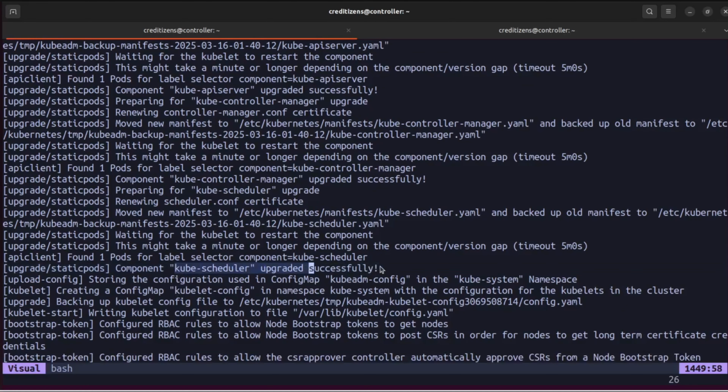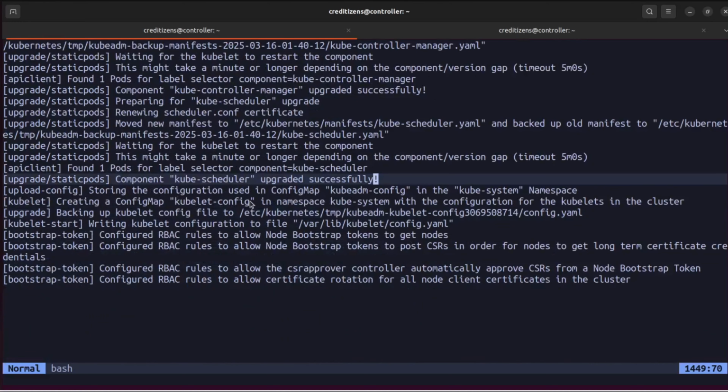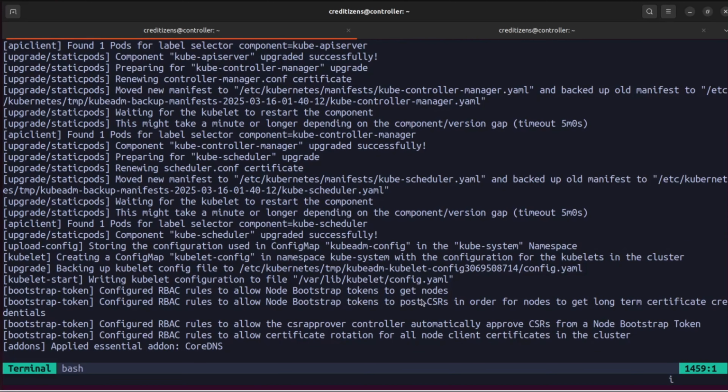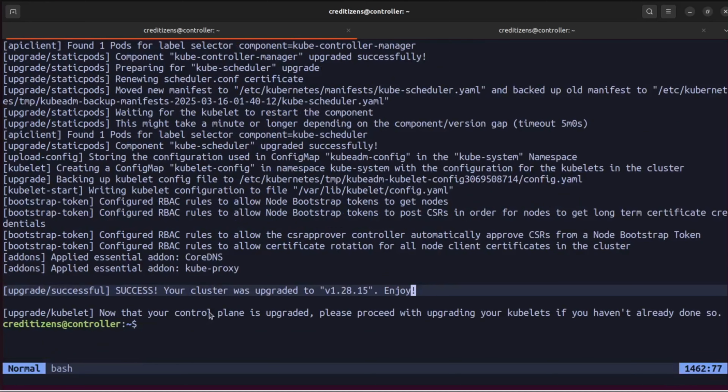Okay, we see that there are some automatic backups created. Role-based access control, bootstrap tokens, and it's done. Success. That's what we want to see at the end. So 1.28, if you want to go next, you go 1.29 and so on until you arrive to the latest version. So you need to be repeating this process for the full cluster, and you need to upgrade each controller and worker node